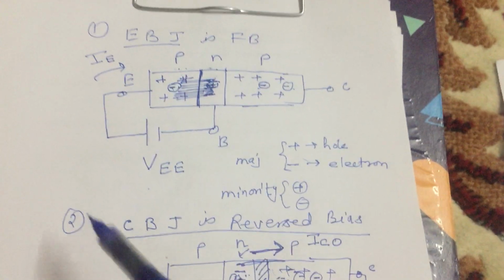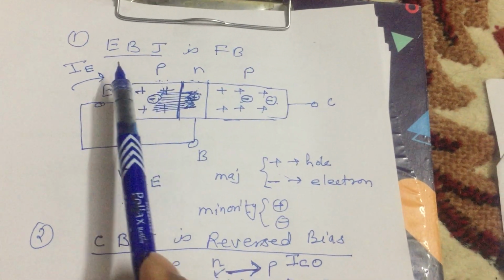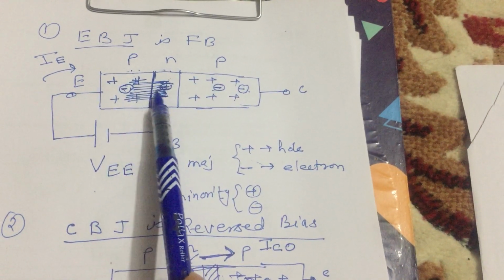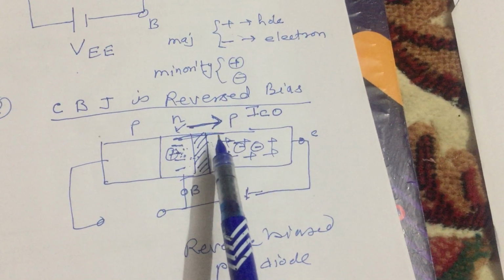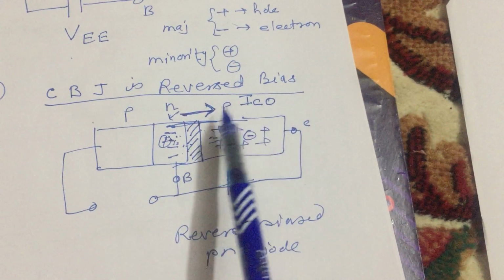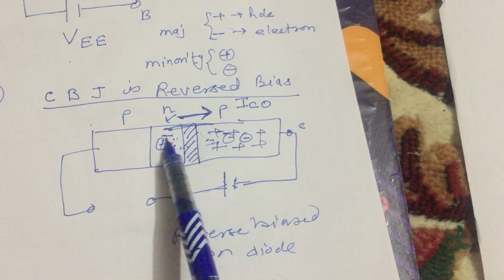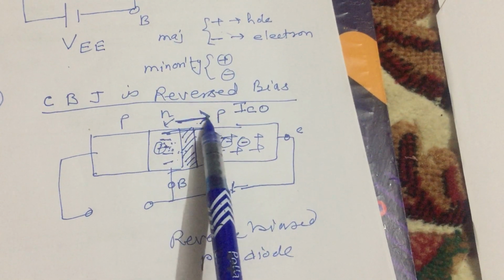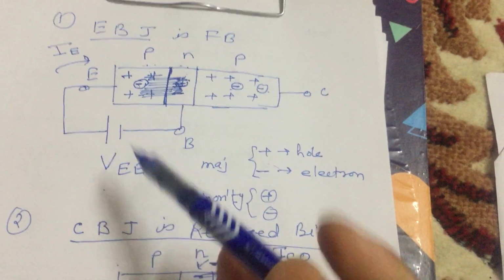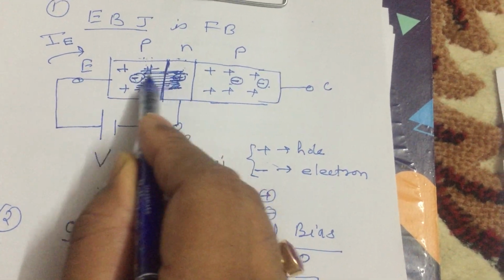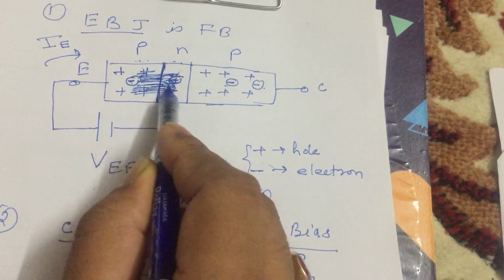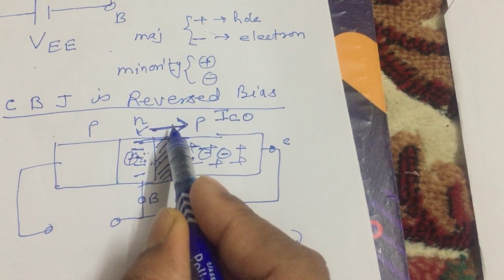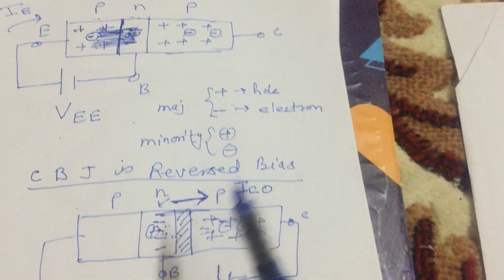So we divide the operation into two parts. First part, we make the emitter base junction forward biased. The whole majority here is able to cross the junction. In the second part, the collector base junction is reverse biased. Then no majority current can cross the junction, but some minority current will cross the junction, and a very small current flows, that is IC. And in this figure, we have a very wide line here, so this means it is a very big current, and a narrow line here means this current is very small. So it is in milliamperes and it is in microamperes.